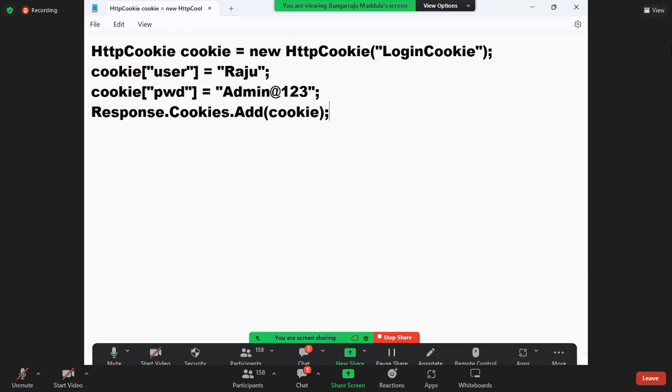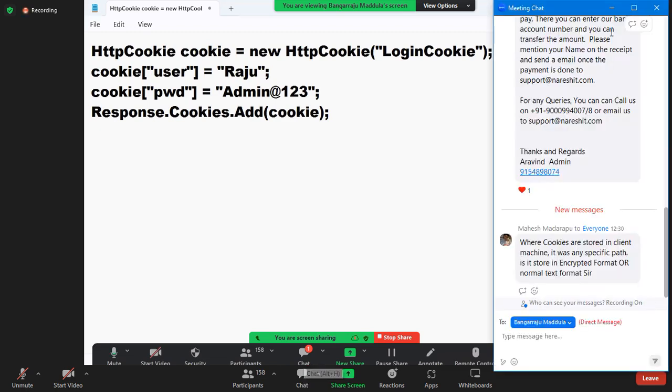Are you guys clear? How to create a cookie? Create the instance of the class. Which class? And give a name in the constructor. That is the name of the cookie. Second step, store the values into the cookie. Add the values into the cookie. Third step, write the cookie on the browser by calling Response.Cookies.Add.